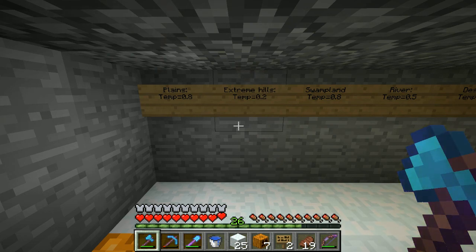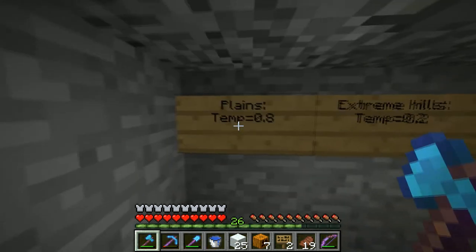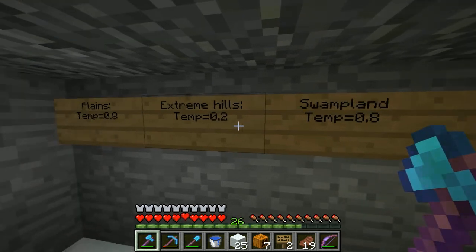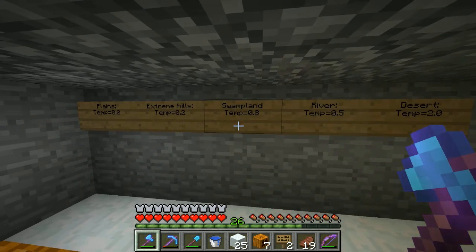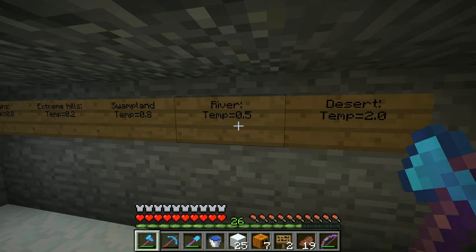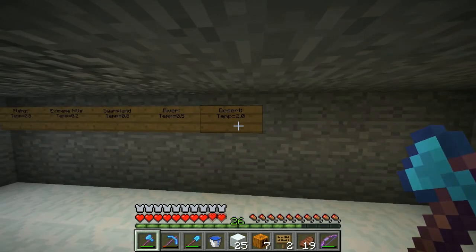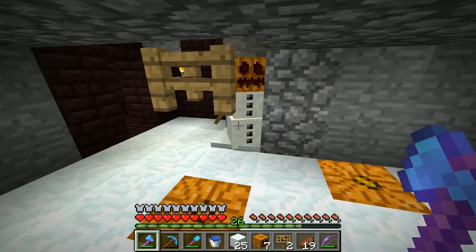Okay, so I looked up the temperatures on the Minecraft wiki, and here we see that on the plains we have a temperature called 0.8, and I actually don't know what this figure means. But we see that for extreme hills, for example, we had 0.2, and swampland we have the same as plains, 0.8, and river is colder, it's 0.5, and in the desert we have the warmest, I think it's 2.0. Okay, so this doesn't tell us immediately, because the first experiment we made was on a plains,